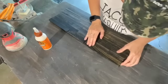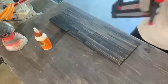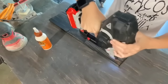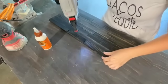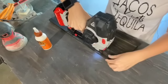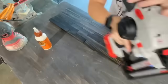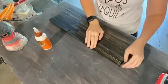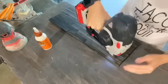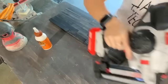So a couple things. If you're making this for a client or something, I highly recommend you reinforce it. I would definitely do the wood glue, but I would do all of your wood glue on all of your pieces first, let it dry overnight, and then go back and use your nail gun. That way it's just extra reinforcement, but you know what? I went with it, and I ended up, as you see, not doing the wood glue on all of the